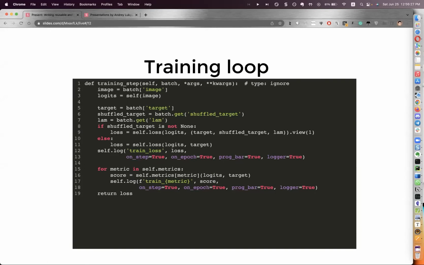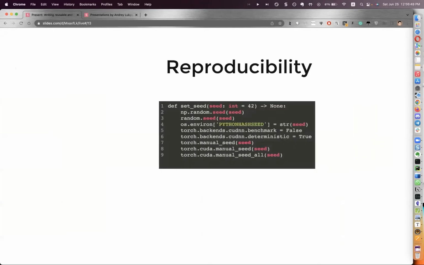Sometimes it's better to have multiple functions, multiple methods for training. For example, you could have separate methods for events on the training epoch end or on the batch end. If you can abstract them, it's okay, but sometimes it's not possible to abstract them, and you need to have multiple methods for running the training.